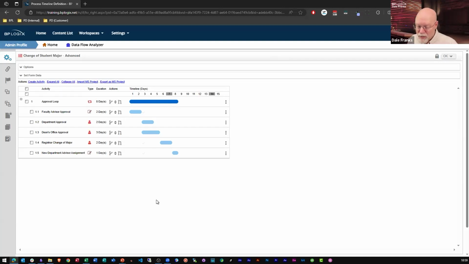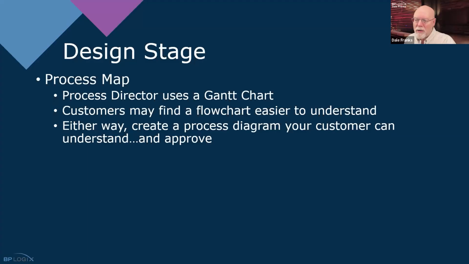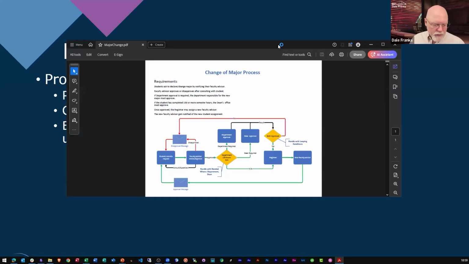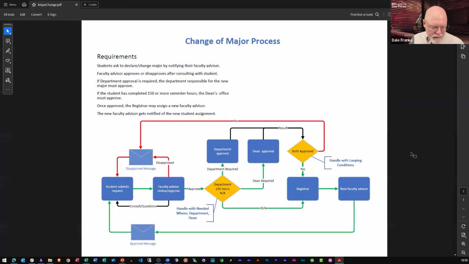A customer who doesn't know Process Director is going to look at this and just go, what? What does that tell me? Well, other than telling you the times when we expect things to start and end and how long they're going to take, it probably doesn't tell you much. Going to need something else. And generally, even though this has its own drawbacks as well, I'm probably going to provide a flow chart of some sort that specifies how my process is going to work.